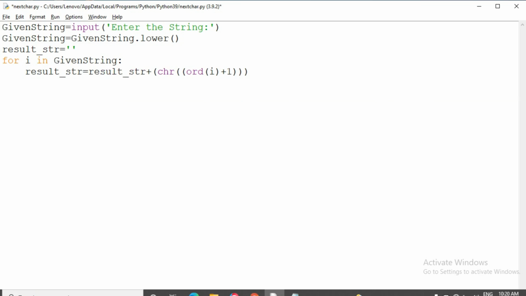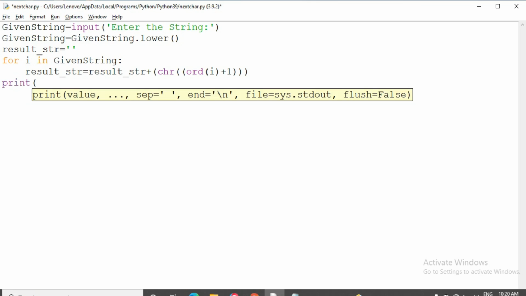Finally I am storing this variable into result string. Got it? And then I am going to print the variable.